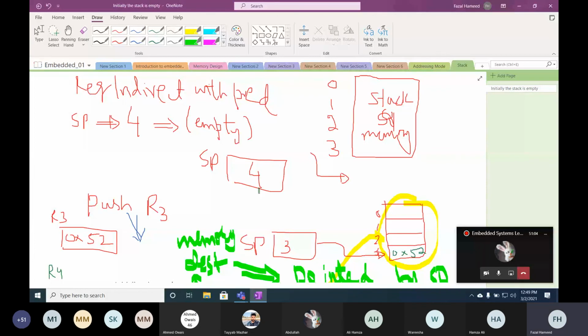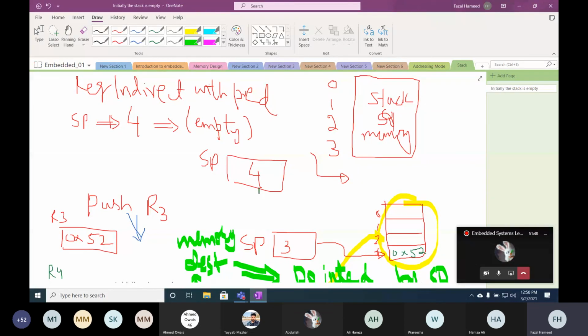How do we realize a stack in memory? Typically a memory is partitioned into different regions. There can be a program memory, which can be further divided into an instruction memory and a data memory. And then there is also some space reserved for the stack. Typically, the stack pointer points to the last location in memory when the stack is empty. The stack will grow in the upward direction when we add an element. For this reason, when we add an element, we use register indirect with pre-decrement addressing mode.